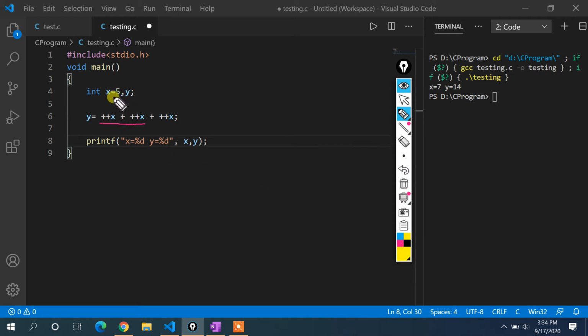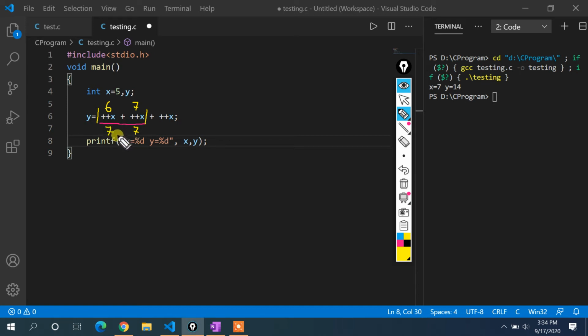First of all, as I have already told you, this is a pre-increment statement. So first the value gets incremented, that is 6. Then it goes to this place. It will not be assigned yet, because first the increment has to be done, and only then will the assignment take place. So 5 becomes 6, then 6 becomes 7 here. As I have already told you, only this part gets executed first. After the result of this part has been obtained, we will add for the other part. So 6 and it gets 7. Now 7 will be assigned to x, then again this 7 will be assigned to this x also.